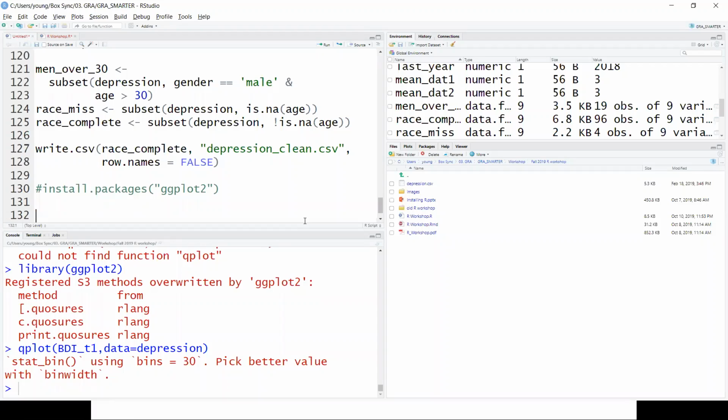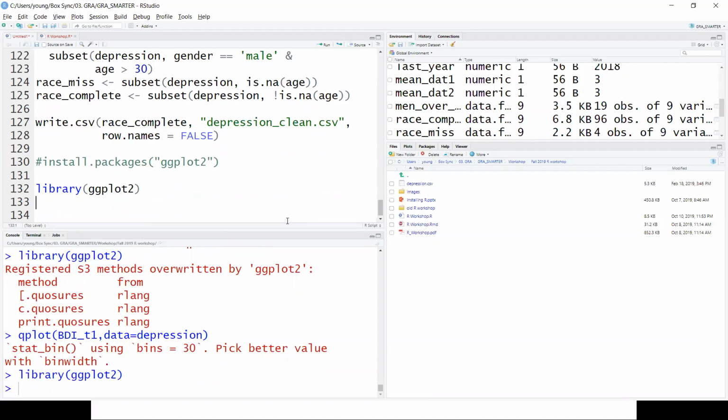Every time you start a new R session, you need to call the package so that it knows you're going to use it. You can put it in quotes or not. Now I can use functions that come from the ggplot package because I used this library command.